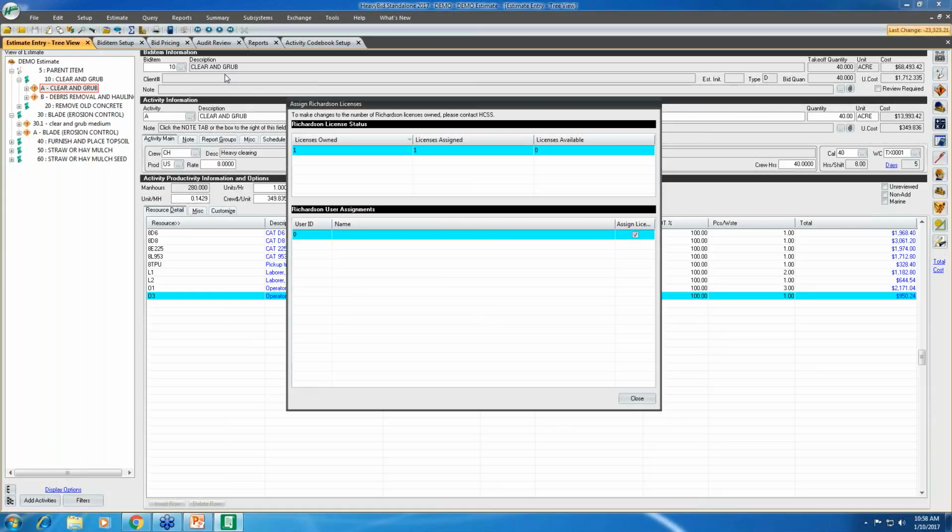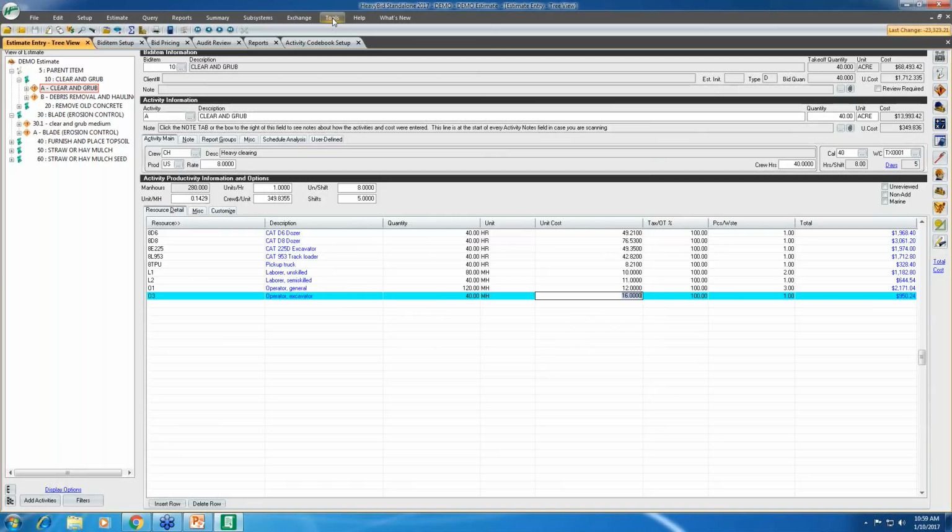If you're on a multi-user system, you'll see all of your user accounts, and you will need to pick and choose who you want to assign it to. So if you have 5 licenses, you can assign it to 5 different users. And it's just clicking the checkbox next to their user ID. Once you have the license assigned,